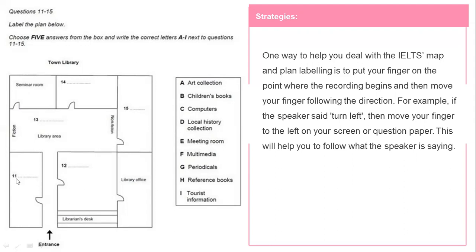For example, question number 11. So it represents room 11, room 12, room 13, room 14, and room 15. And then you need to choose among these labels and put it into the right room, into the right sections. Okay, and then